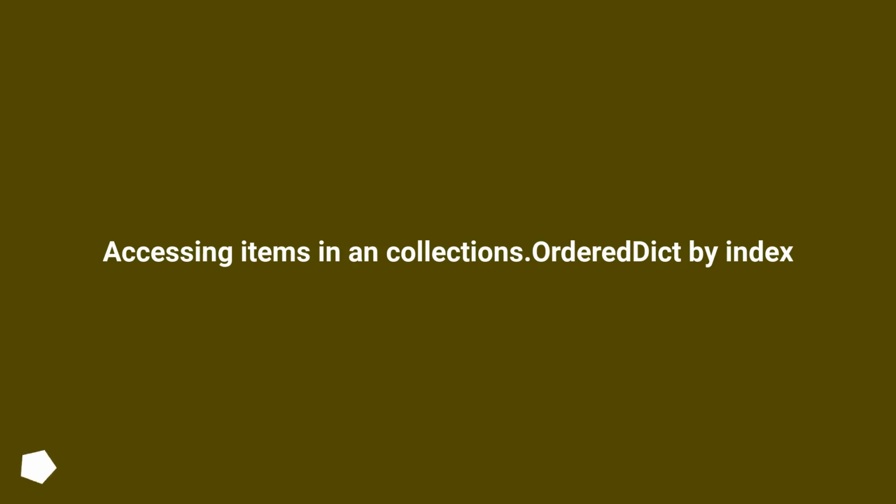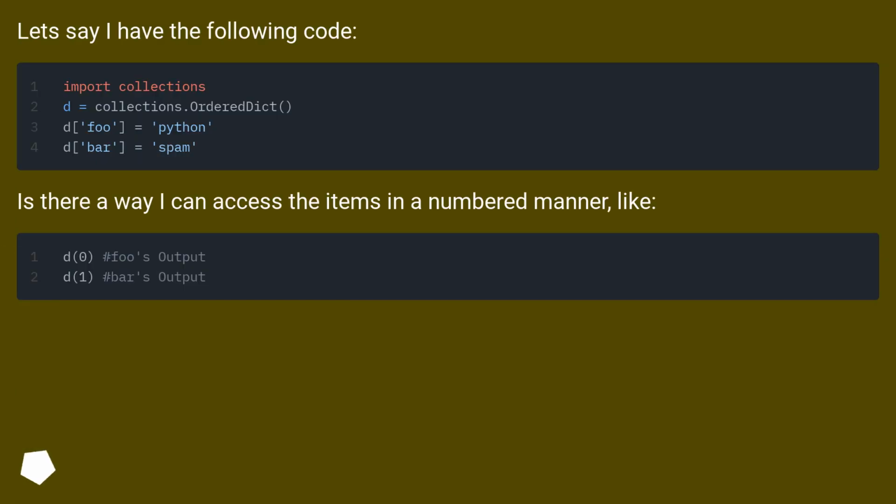Accessing items in collections.OrderedDict by index. Let's say I have the following code. Is there a way I can access the items in a numbered manner, like